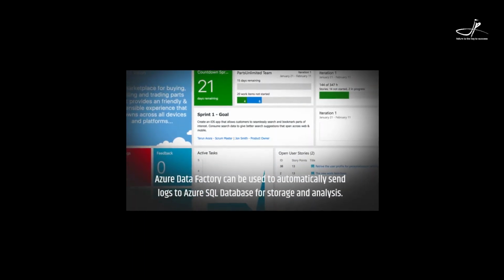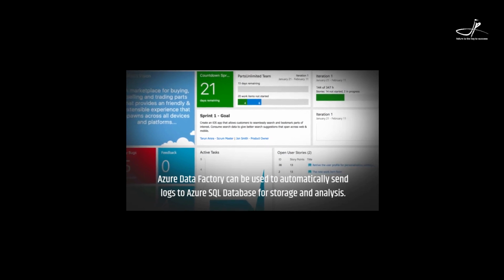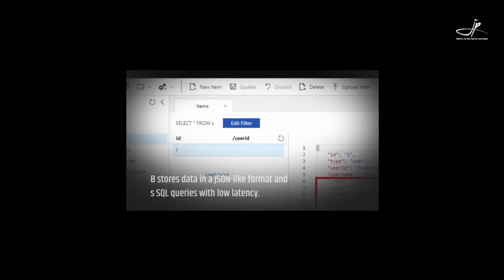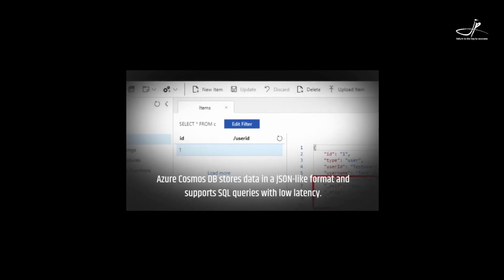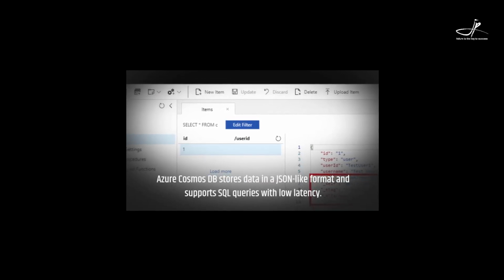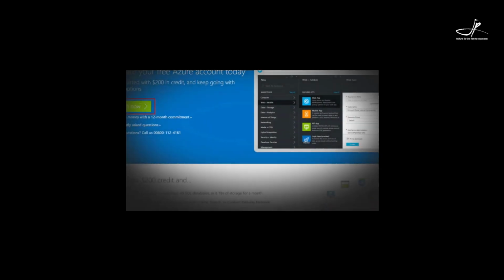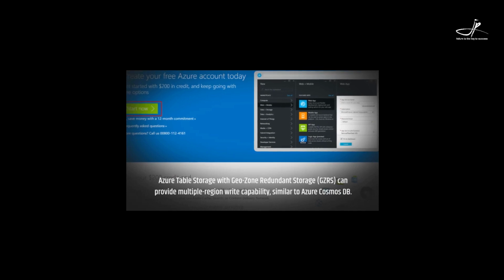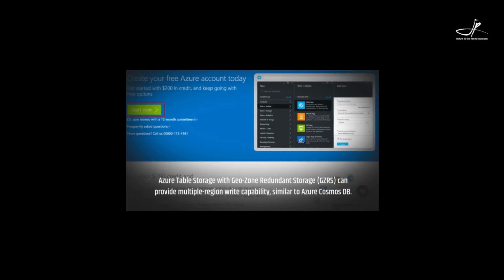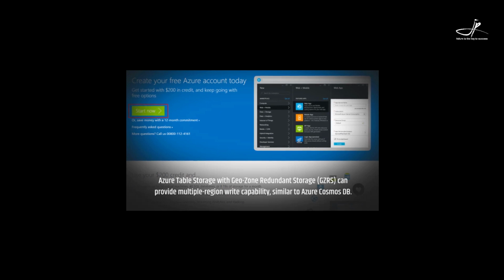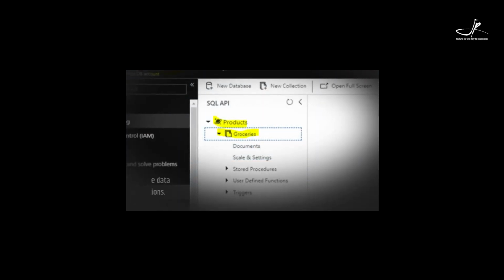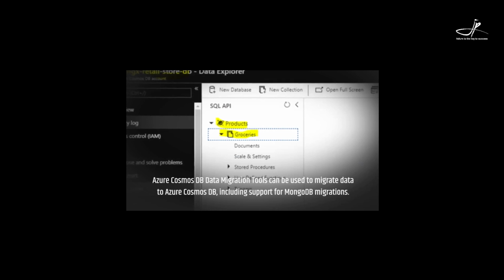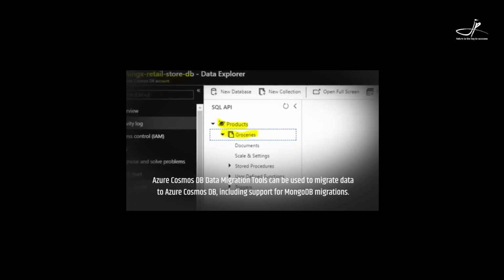Azure Data Factory can be used to automatically send logs to Azure SQL Database for storage and analysis. Azure Cosmos DB stores data in a JSON-like format and supports SQL queries with low latency. Azure Table Storage with GeoZone Redundant Storage, GZRS, can provide multiple region write capability, similar to Azure Cosmos DB. Azure Cosmos DB data migration tools can be used to migrate data to Azure Cosmos DB, including support for MongoDB